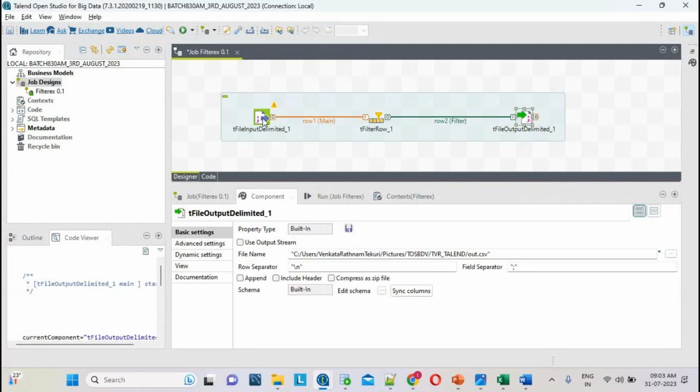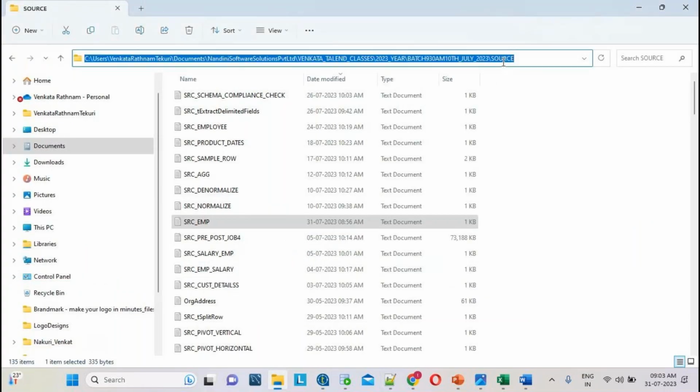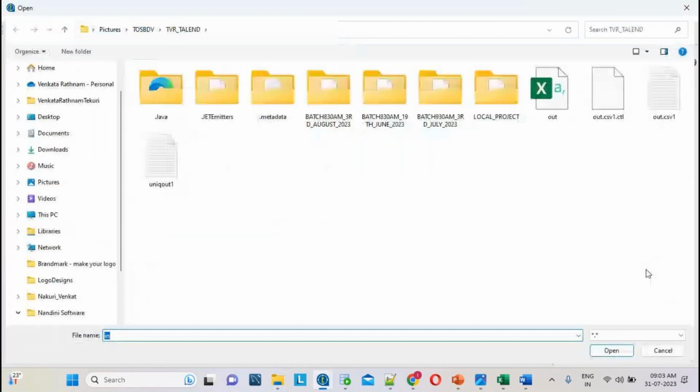So first let me go to the first component. Double click the tFileInputDelimited. Where the source file is, I need to browse this path, right? I have multiple files. My customer said I want to read only the src emp file, right? I have to browse this file. There is a file name field and a browse button. Let me browse the path.